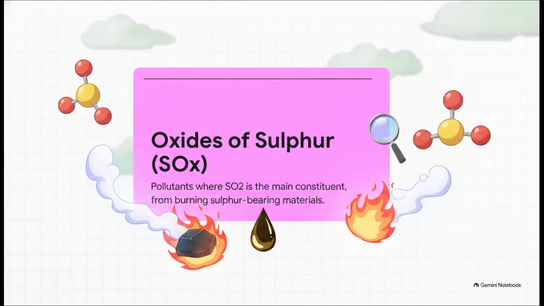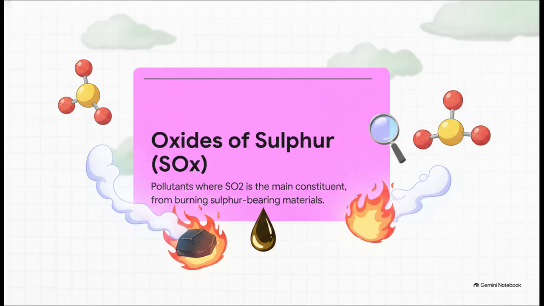Okay, first things first. We need to establish exactly what chemical compounds we're analyzing today. When we talk about oxides of sulfur, or we just say SOx for short, we're primarily focusing on sulfur dioxide. SO2 is really the principal constituent of this entire group of pollutants. And at its core, this compound is produced during the combustion of sulfur-bearing materials. So think about common fuels like coal or oil that naturally contain these trace amounts of sulfur. When you subject them to the extreme heat of combustion, that sulfur bonds with oxygen in the air, and boom,